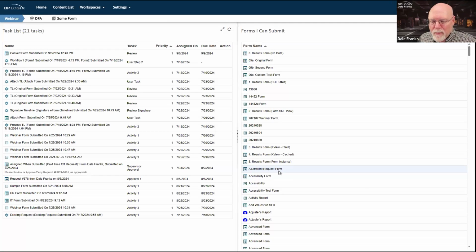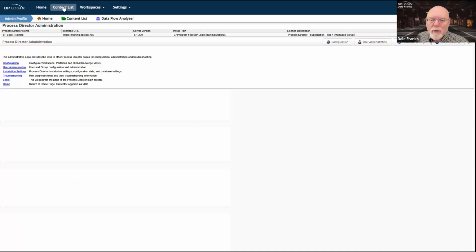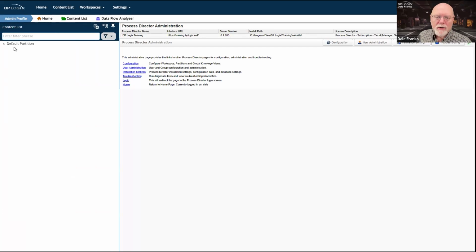For a normal system, this would be the one that I would give access to all users on the system. And now that I have a workspace, anytime I make a change to this workspace, it's going to be immediately shown to all of my system users, which is maybe a good thing, because I think I want to show a different workspace than this. Which gets us into the topic of dashboards. So we're going to go back to the admin profile. Actually, we're going to go ahead and turn on our content list.